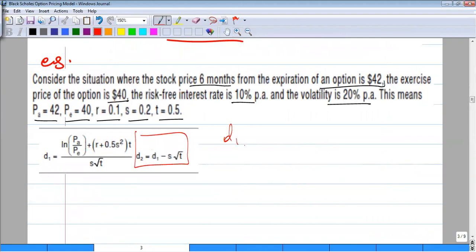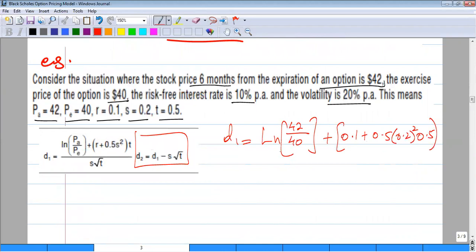The first thing I am going to do is calculate D1. D1 is ln of PA upon PE, where PA is the value of the underlying divided by PE, the exercise price, plus R, which is 0.1, plus 0.5 into S squared, which is 0.2 squared, multiplied by 0.5, because the time period is 0.5 since we have 6 months to expire. Then divided by S, which is 0.2, under root 0.5. So when we solve this equation,